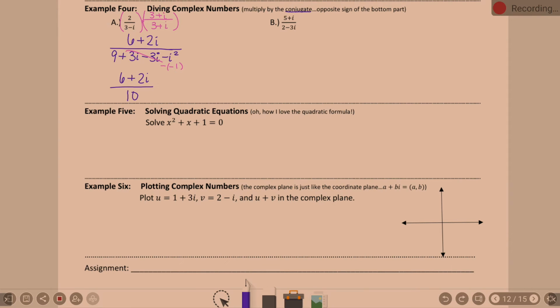Am I done? Okay, I agree. We're not done. What do you think? Can the 6 and the 10 divide? It has to be more than just 6 and 10. It has to be the 6, the 10, and the 2. They are all three terms, so all terms have to be able to divide by the same number. In this case, they can all divide by 2. So when we divide all of those pieces by 2, I'm going to come up with 3 plus i over 5,